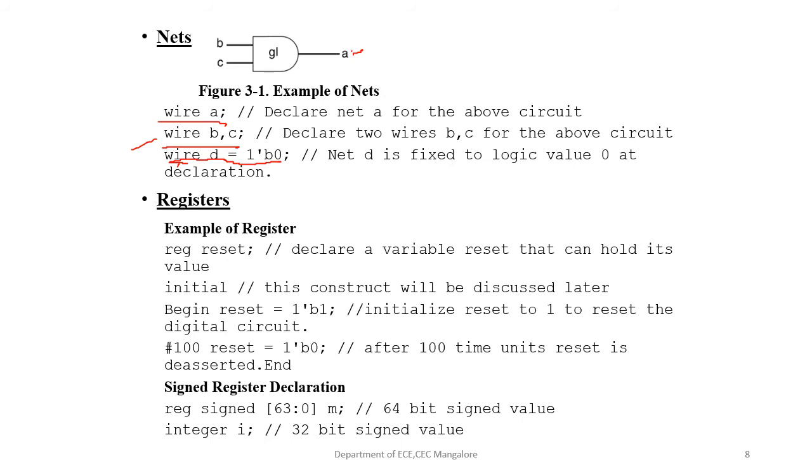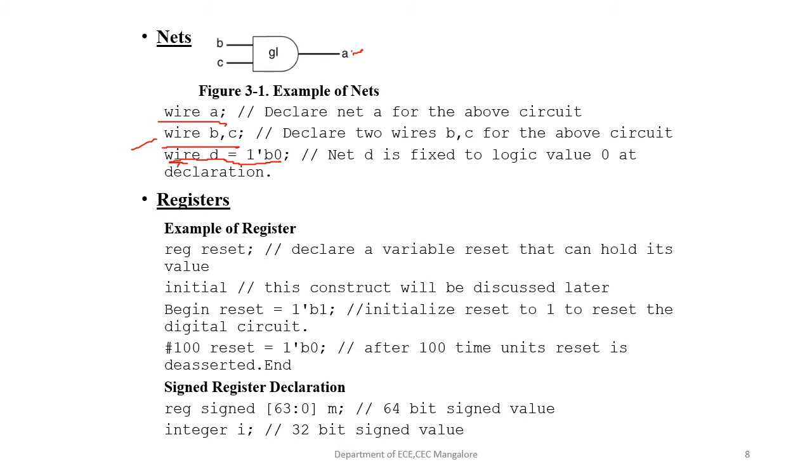This is the initialized value. So wire d, for example a gate they designed, and the value is initialized as 1'b0, which means 0 is assigned to d. It's given here, and it's very important. All external port connections in a Verilog module, whether external output or input, any ports are declared as a wire. And another type is register.